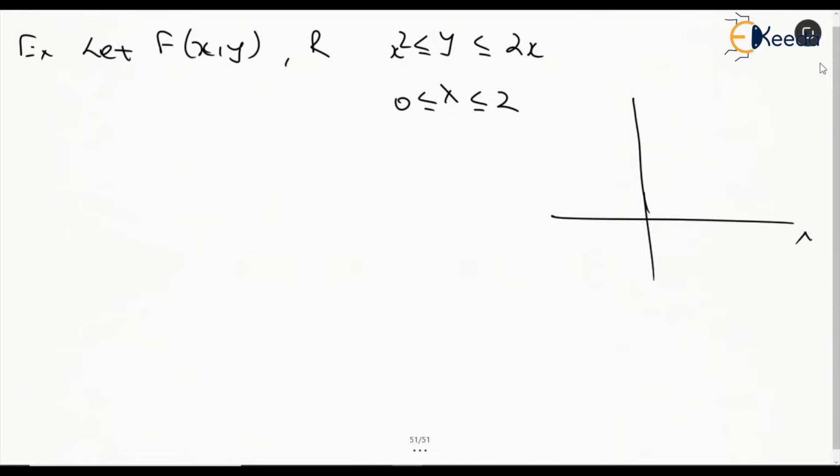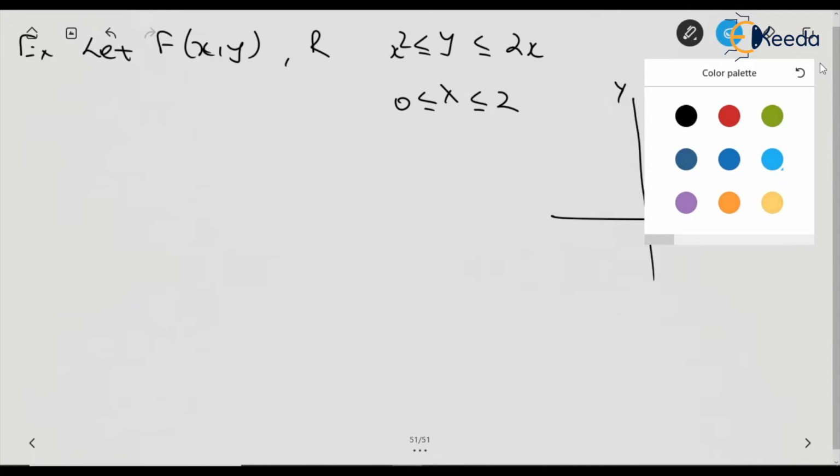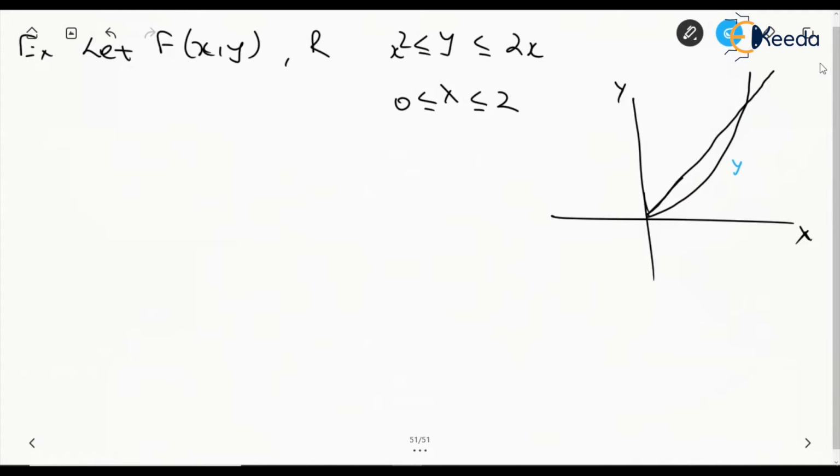This is x, this is y. Then let's take that this is y is equal to x square, and this is y is equal to 2x.